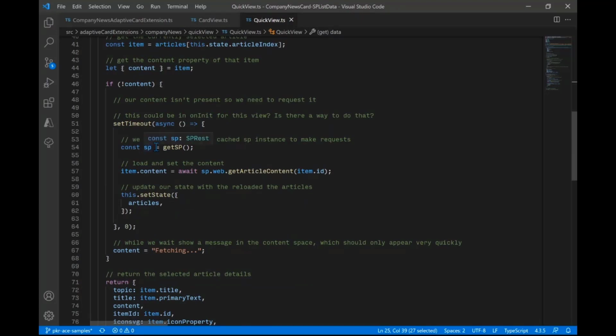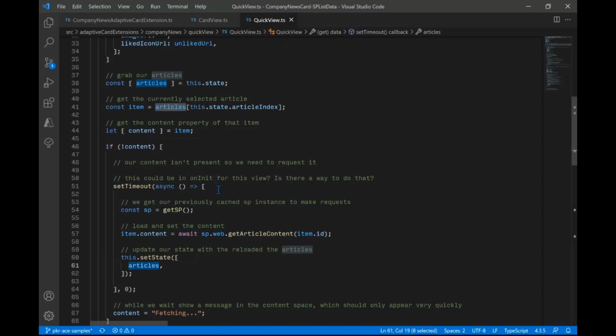But so we're going to get an SP. We'll look at that SP code very briefly because that's not the point of the demo. But so we're getting our article contents, setting that item content, and then we're resetting our state here. So a couple of subtle things are happening here. JavaScript arrays are by reference. So the fact I've gotten the item up here out of this array, I've changed that item and I reset the state with that same array. That's actually going to reset everything. That item in that array is updated, and we've reflowed our state with the